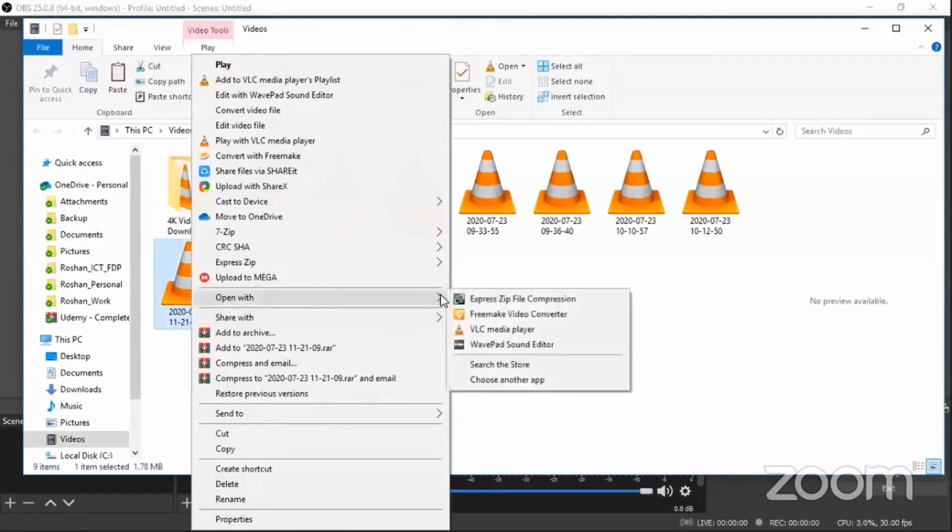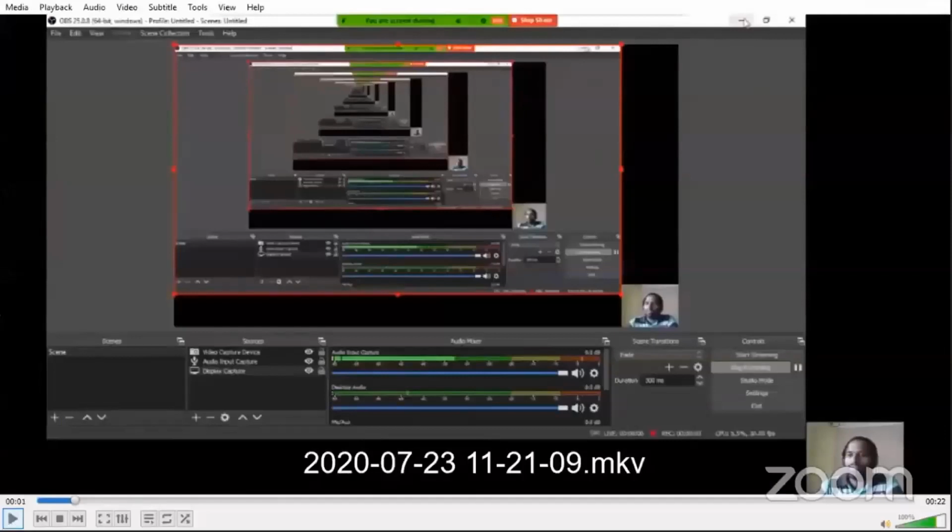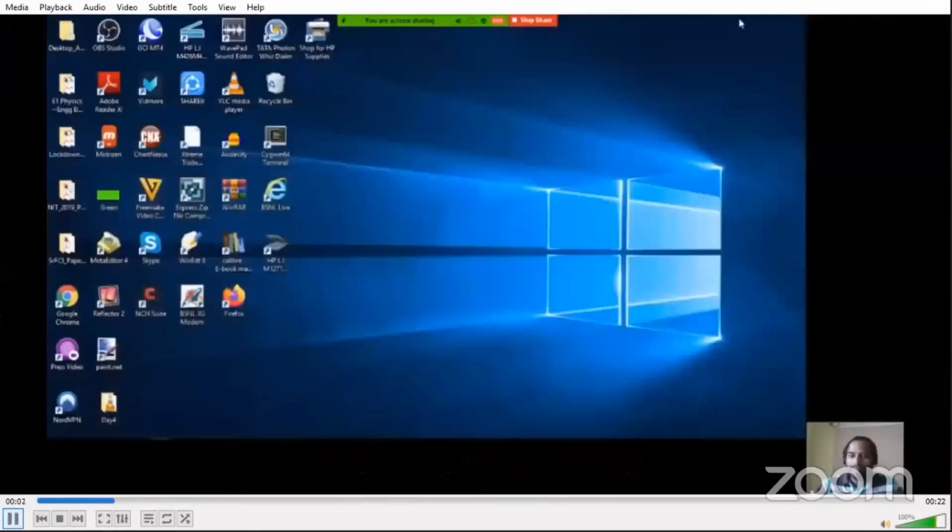And you can open whatever we have recorded just now. Let's see how it looks. So now you can see the entire screen is there, and the presenter is at one corner. He's not blocking anything on the screen. This is what we wanted. You can put it anywhere. You can put the presenter to the top left, top right, bottom left, bottom right.